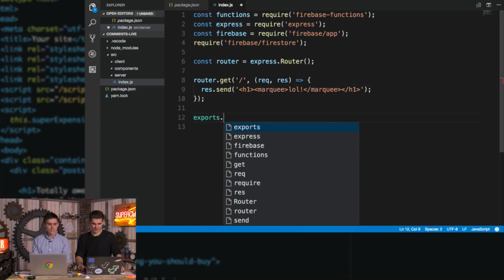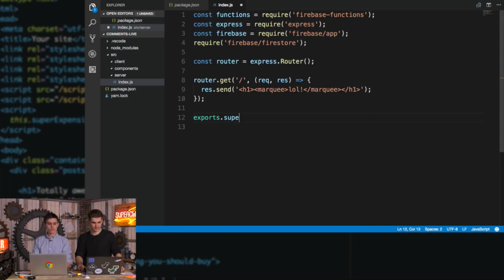So we want to set up Cloud Functions for Firebase. To do that, you export out a function. So we're going to do exports.supercharged. You actually can call this whatever you want. I'm just calling mine that. Yeah. And say